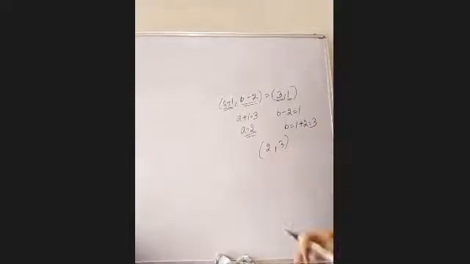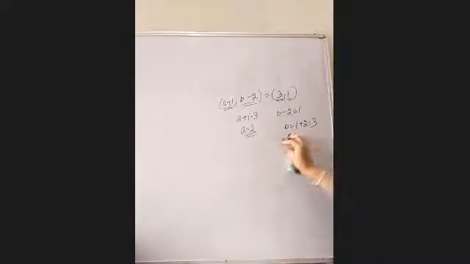Okay, it's not in order here. Don't write like this. Simply you write down a equal to 2 and b equal to 3. What is the value of A? 2. And what is the value of b, beta? That is equal to 3. Got it? Now answer the next one.